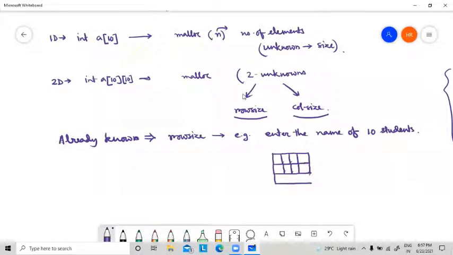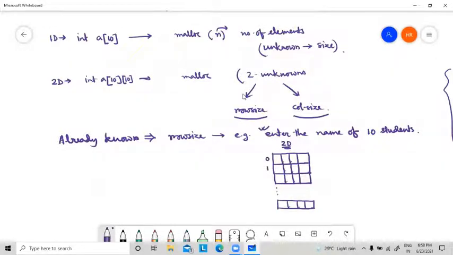If I want to store the names of 10 students, since one student name itself is a 1D array, I have to create a 2D array. Logic clear?